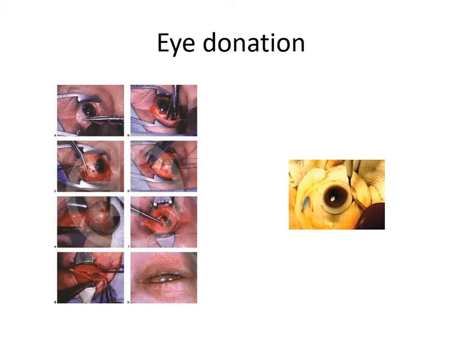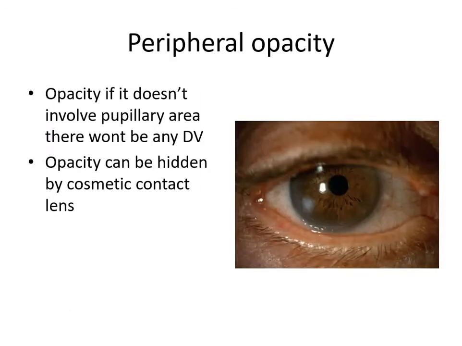If you collect the whole eyeball, you have to store it in the refrigerator at 4 degrees centigrade and use it within 24 hours. If you are storing the corneoscleral button in MK media, you can store up to 7 days and use it within 7 days. In K-Sol media, you can store up to 14 days, and in tissue culture media, up to 1 month. So if you go on answering nicely, the examiner will go on asking you questions.